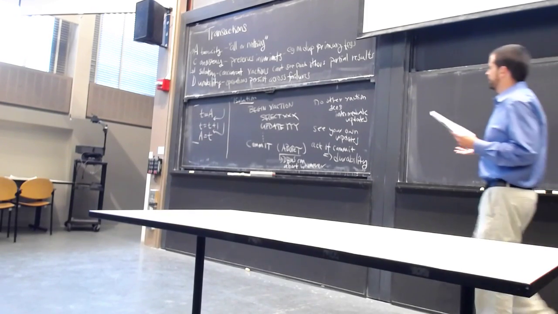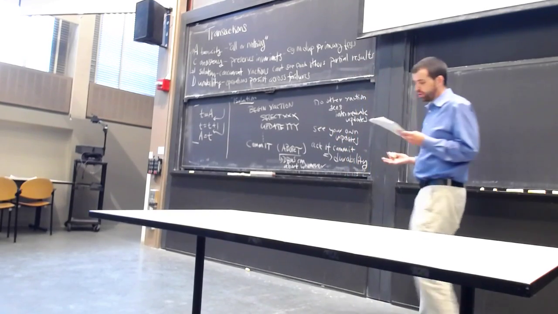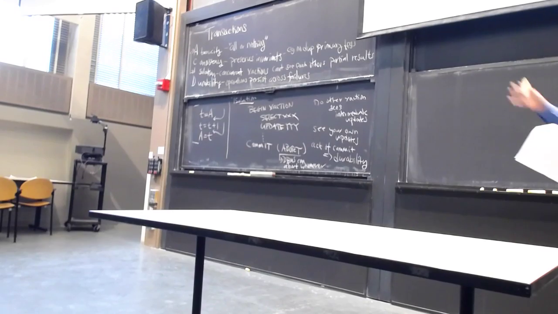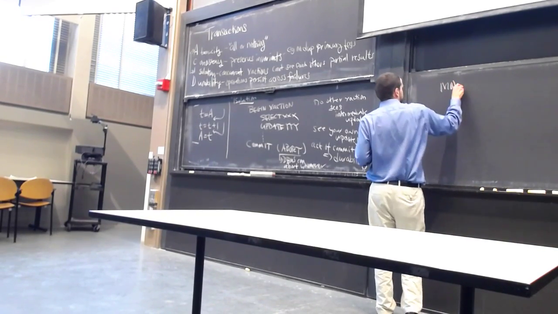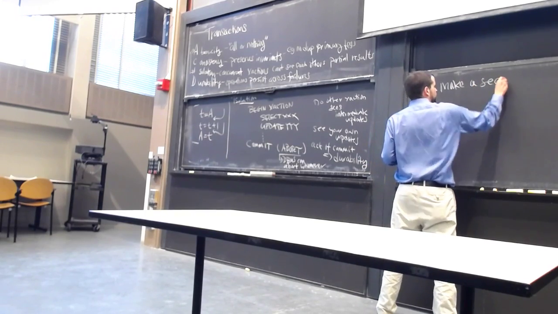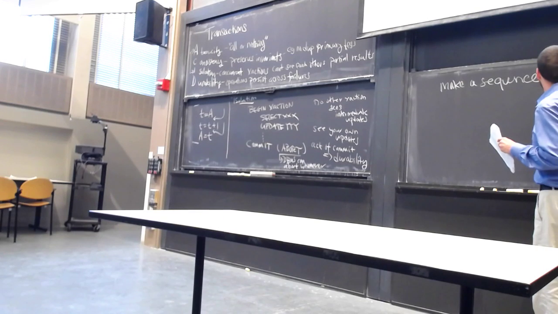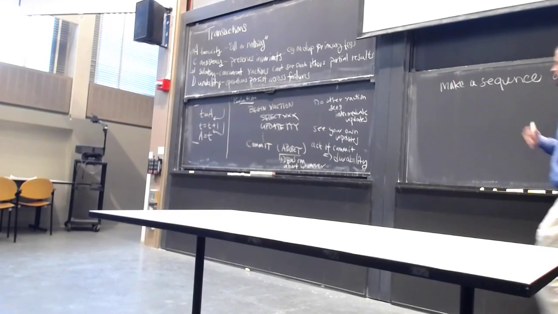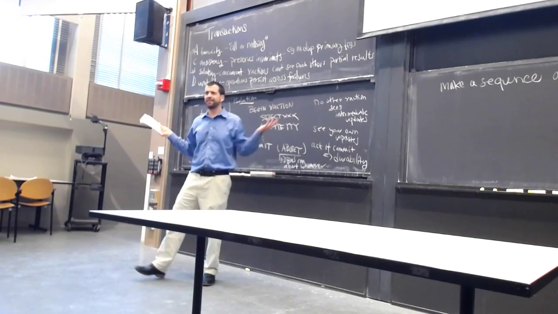Okay, so our goal in isolation is this, isolation and atomicity. Our goal is to take this sequence of operations, like we've written out here, any of these sequences of operations, and make it look like it all happened. We want to take this sequence of operations and make it so that other things aren't going to see them. So what's going to be the easiest way to do this?